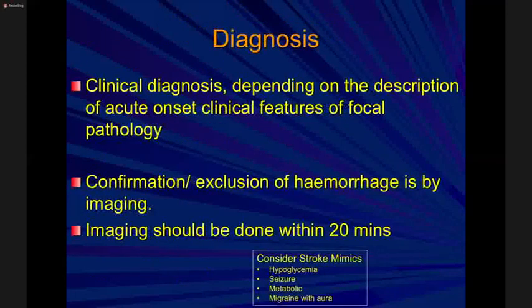So the diagnosis, I have already told you, is a clinical diagnosis that we make, depending on the description of acute onset of clinical features of focal pathology. And the confirmation or exclusion of hemorrhage is by imaging. And imaging, when you develop a stroke, is the highest emergency that I know, because every minute counts, millions of cerebral cells that are important for function. Therefore, you immediately have to rush the patient,